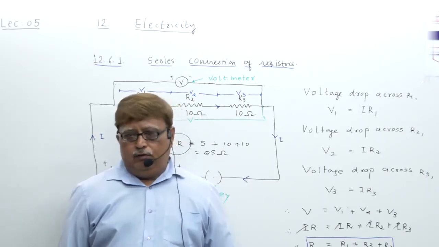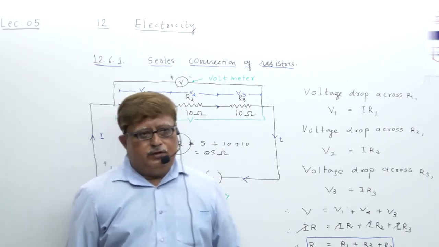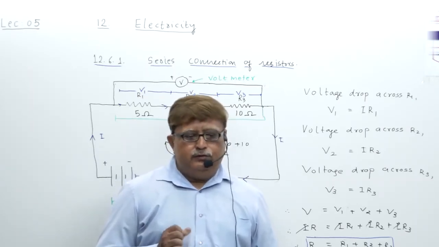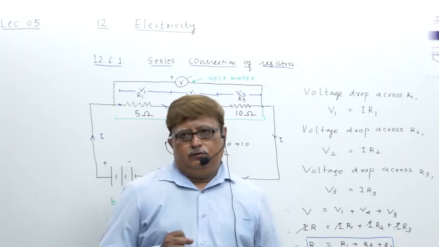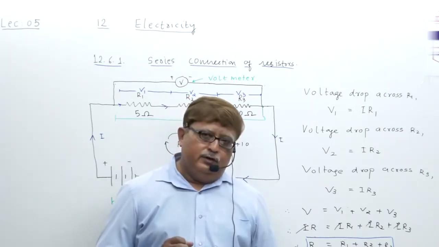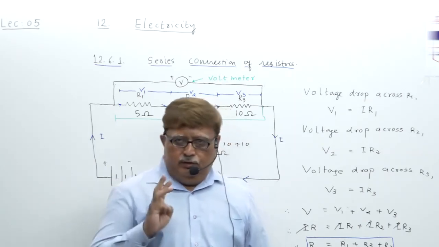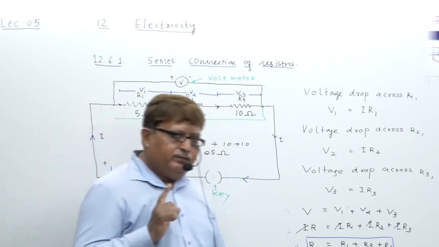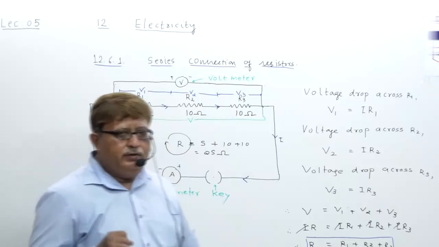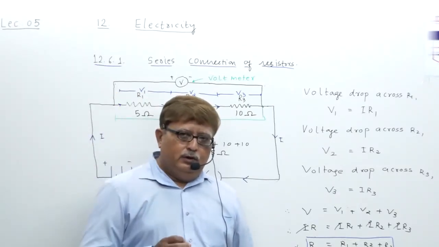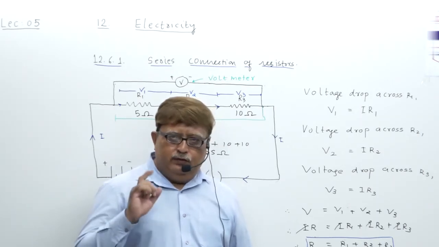You know the short note of series connection, but if you are asked to write the properties of series connection, how can you write it? So my dear student, remember 3 properties. First, you have to write this in the exam. 3 characteristic properties of series connection are: